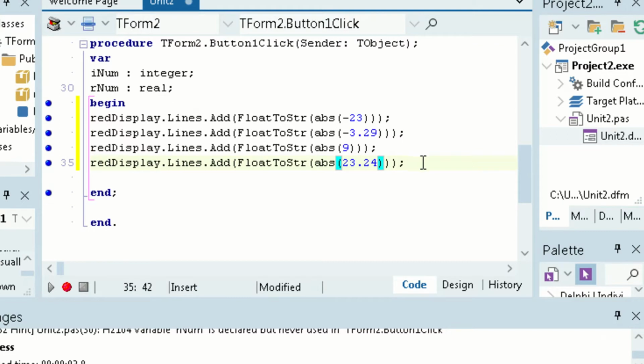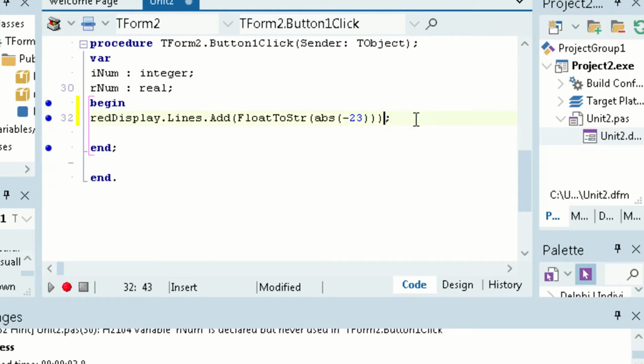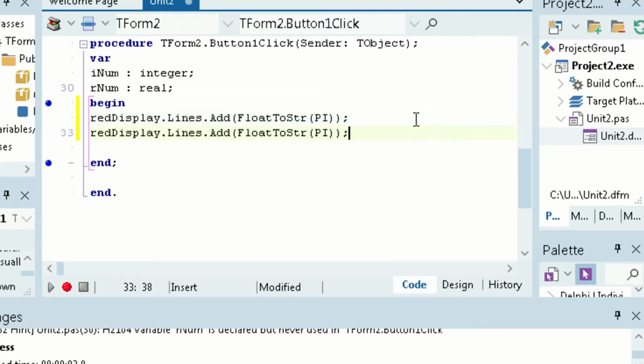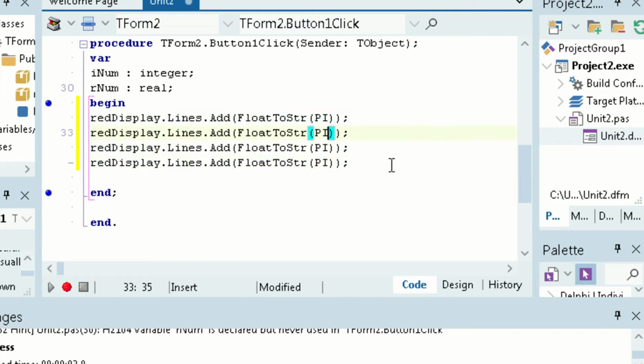Then next we have pi. We all know what pi is. It's like 3.14159 and whatever comes after that. So basically we can just say pi, and it will literally give us pi. I don't know until where, but it will give us pi, and then we can go pi times 2, or pi divided by 2,